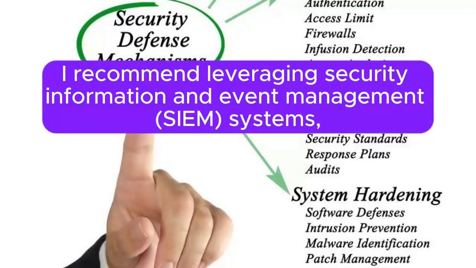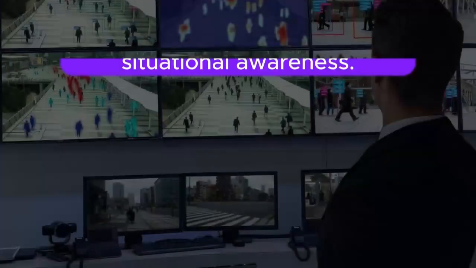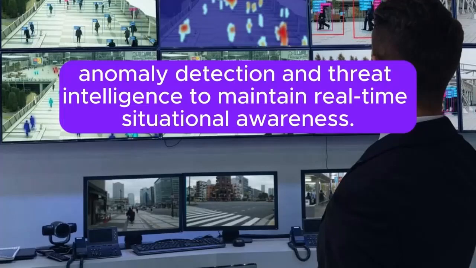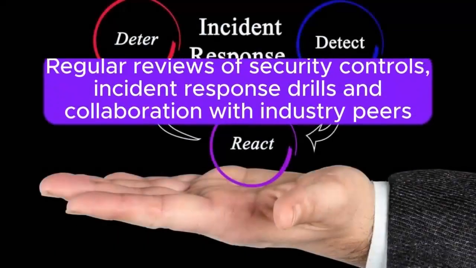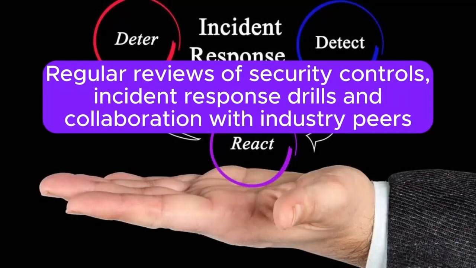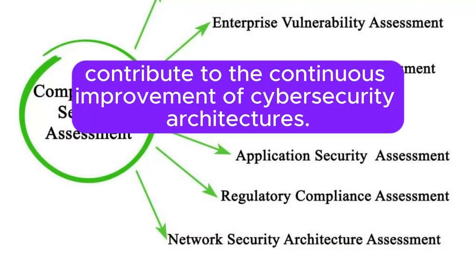I recommend leveraging security information and event management (SIEM) systems, anomaly detection, and threat intelligence to maintain real-time situational awareness. Regular reviews of security controls, incident response drills, and collaboration with industry peers contribute to the continuous improvement of cybersecurity